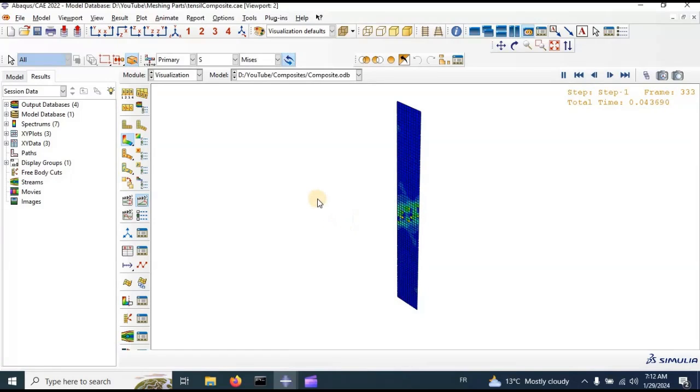Now I think we need to plot some result in the viewport, damage, traction. We have many data we need to get from this